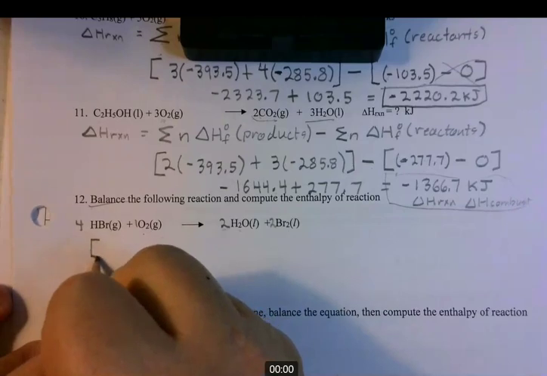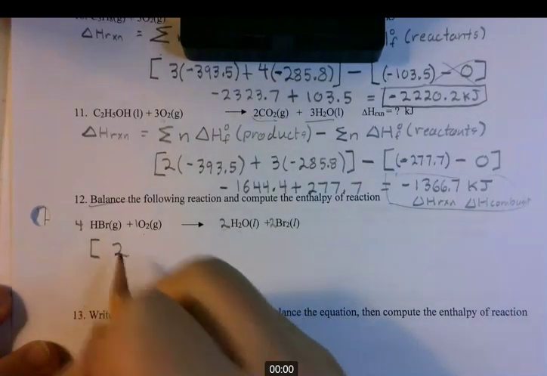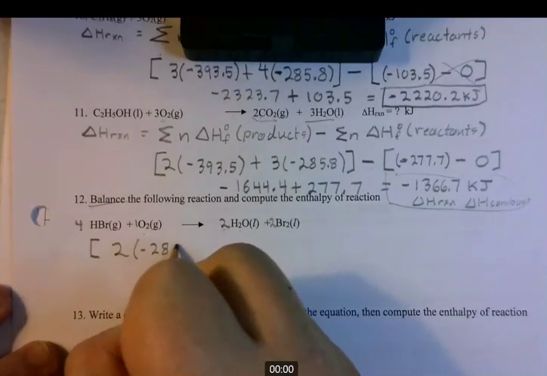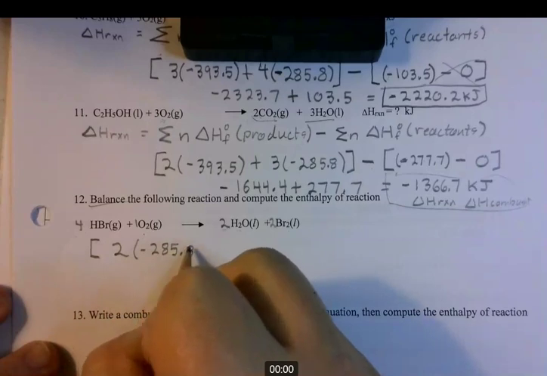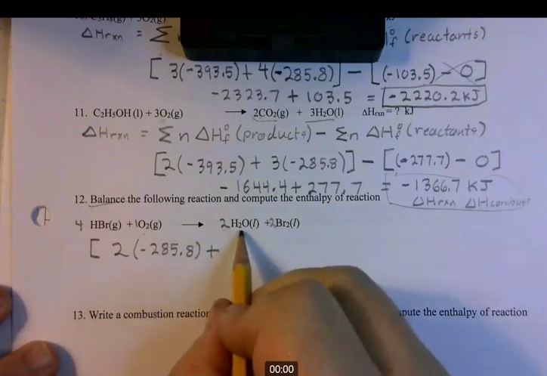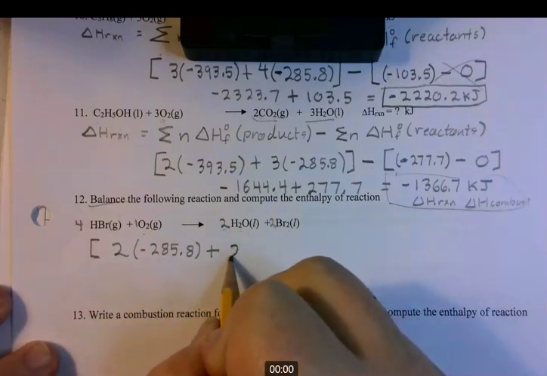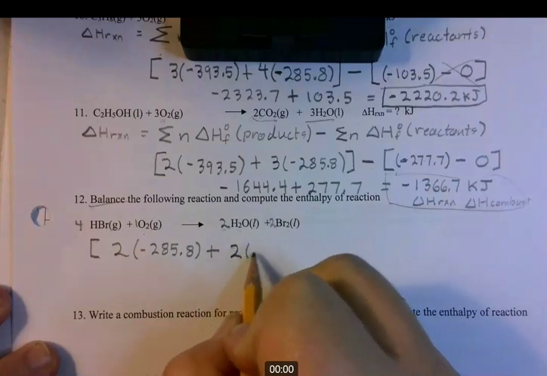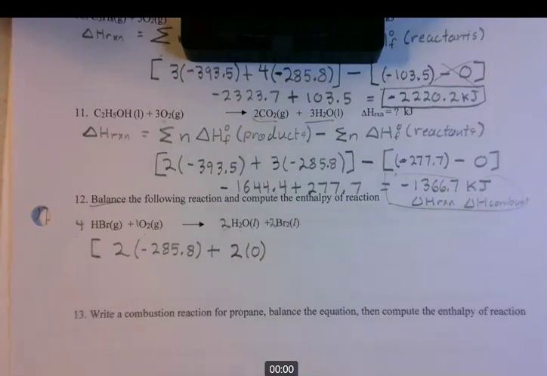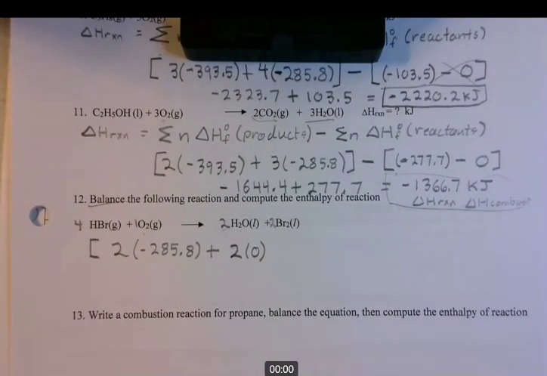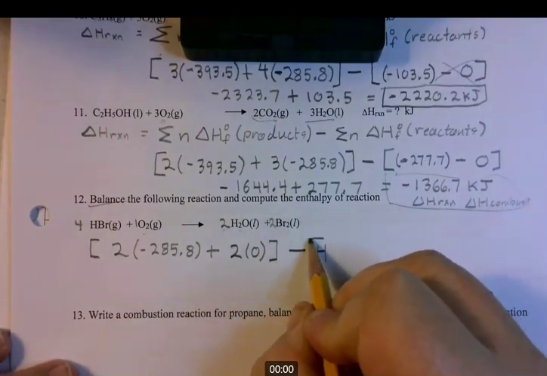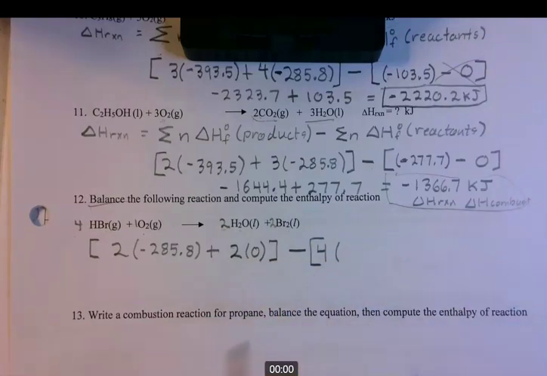So I'm going to start off with my products over on the right. So it's 2 times, and it is liquid water still. So it's negative 285. You'll get to where you have these memorized after a few problems. Plus, and we have 2 times Br2. Br2 is a pure element, so it's 0. Okay, no enthalpy of formation for pure elements. Okay, so that's going to close this bracket, and we have 4, my big bracket there, and in parentheses, it's